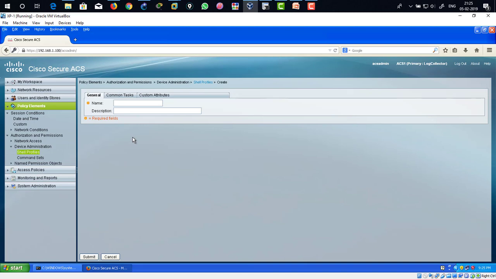When the user is going to log in, it's going to get what type of privilege, maybe privilege 15 or maybe privilege 2 or privilege 1, it depends. So here we're going to define that. For shell profiles, I'm going to type in A1 shell for the AAA1 username. Click on common